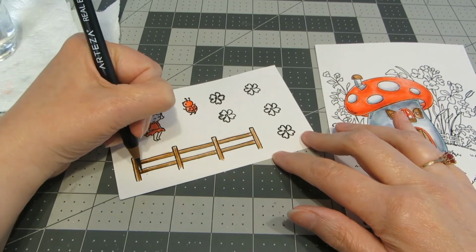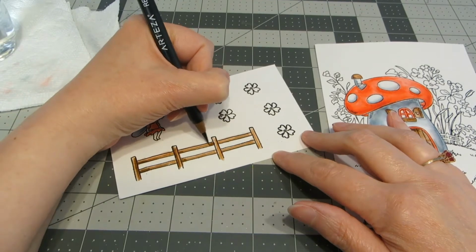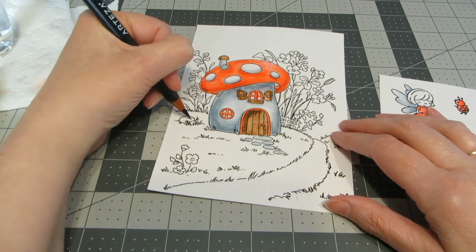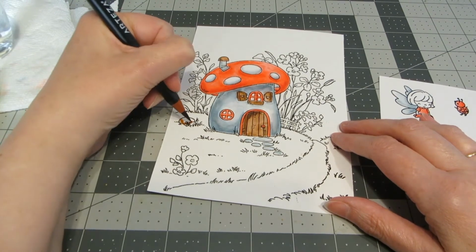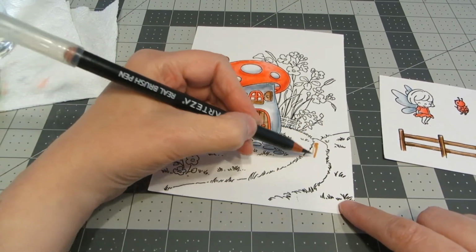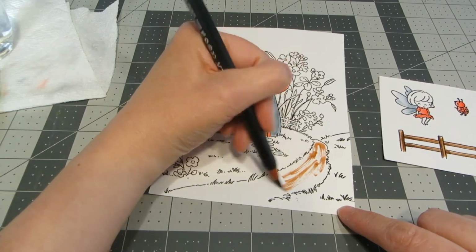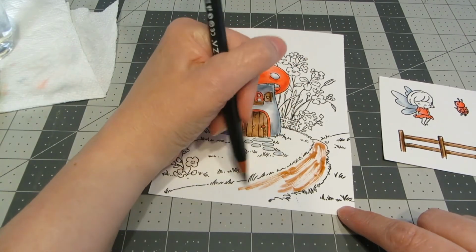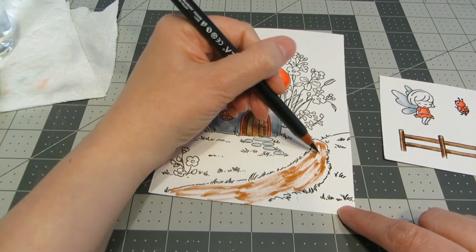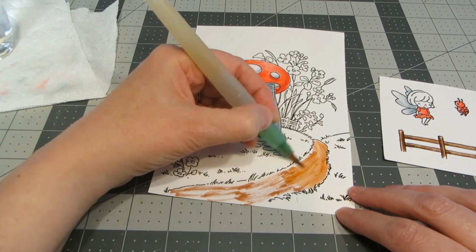I'm just going to go back in with that brown and add just a little bit more so it'll give it some more dimension. I almost forgot the rocks on the pathway leading up to the house, so I did those in the same gray. There's also a rusty red brown color in this set as well. So I'm going to do the rocks next to the house and the little dirt path going up. I'm just going to add some strokes there and follow that with the water brush. That'll give that nice look